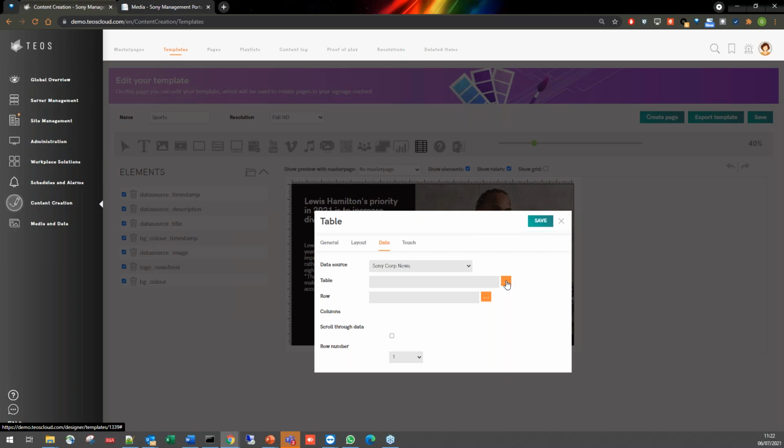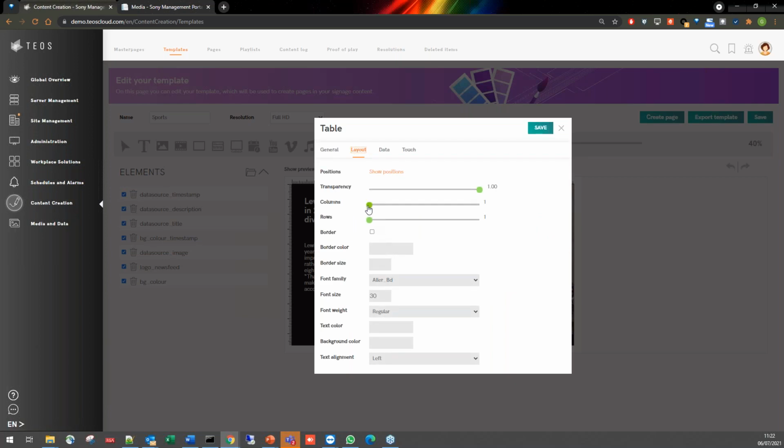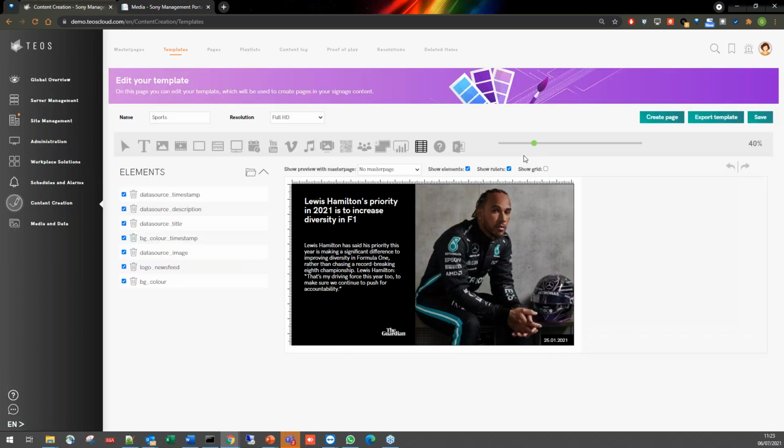So you can define in the table the number of rows and the number of columns based on the feed that you are synchronizing, and this feed will automatically fill depending on the number of tables. This information will be automatically updated as well in this interface. If you want, of course, more details, we have dedicated signage documentation that will explain, and of course you can always contact us for any type of information.